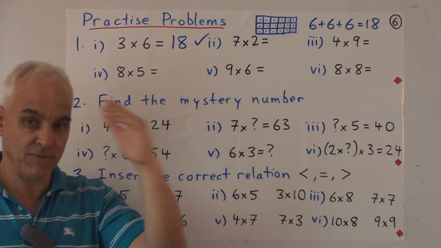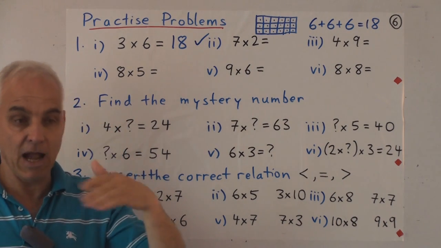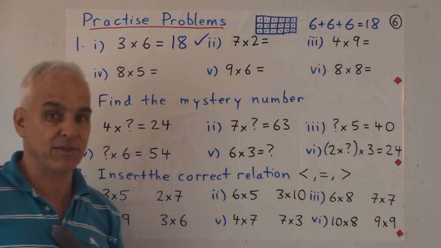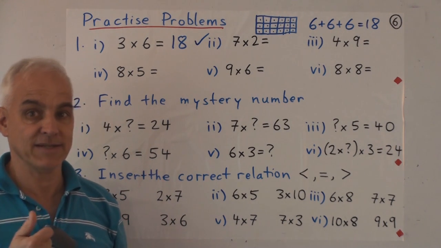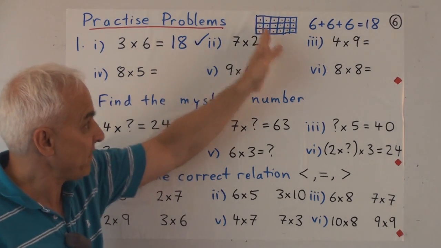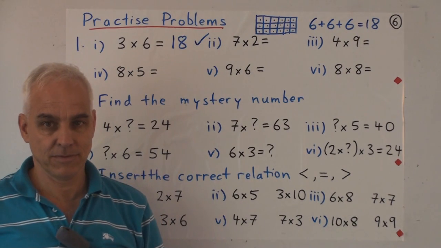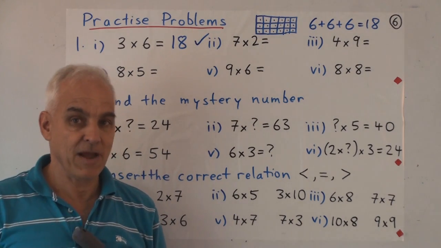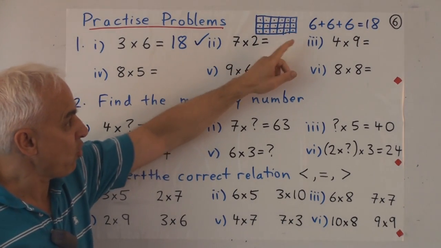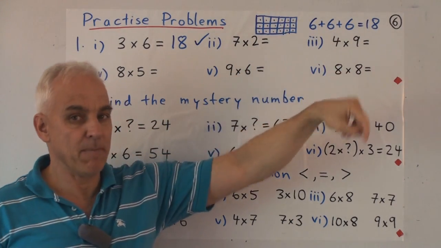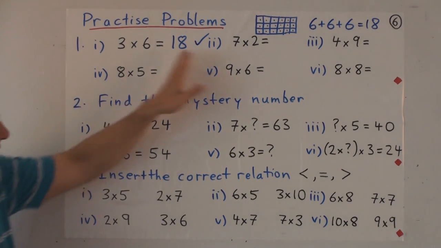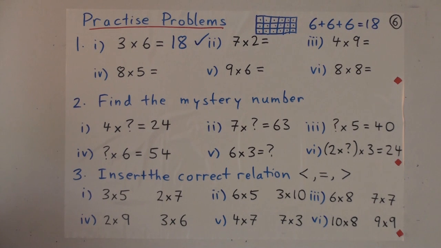3 times 6 is 18. I'm going to repeat this to myself 10 times. And then hopefully next time I see 3 times 6, I will know that it's 18. I will remember that it's 18. I won't have to go through figuring it out one way or the other. But in case I do forget, I'm still confident that I can figure it out either by drawing a rectangle or by converting it to a bunch of additions. All right, so I'll leave the other ones in this problem for you to work out.